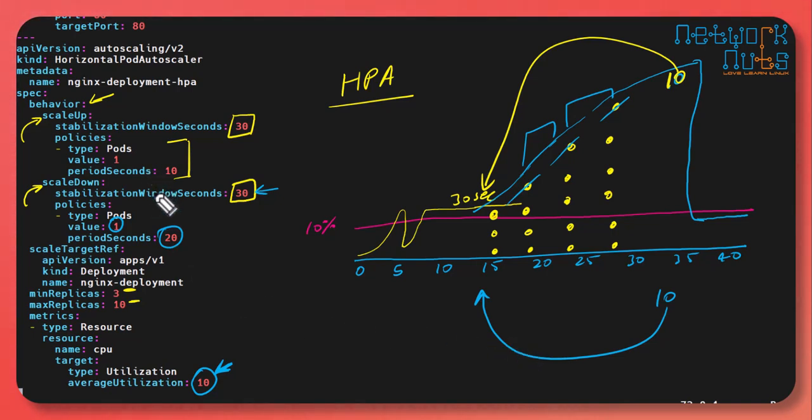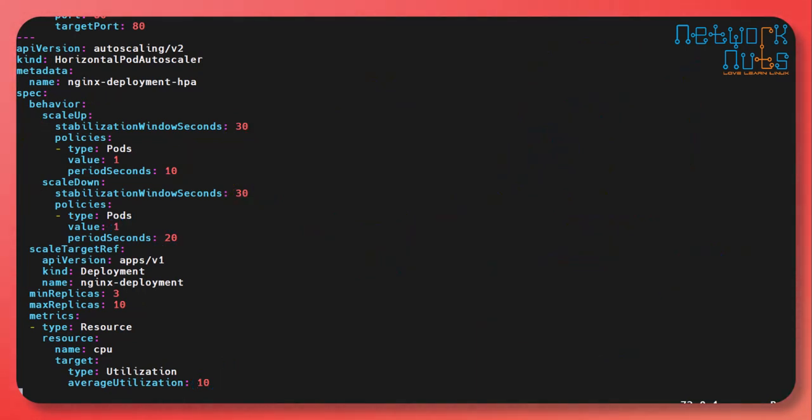So you must configure the behavior while configuring the HPAs, and especially the scale up and the scale down policies. This is important. Let's see it in practice, how it is working. So I remove all this. Now, very simple stuff. I'm going to just run this application. So I apply this